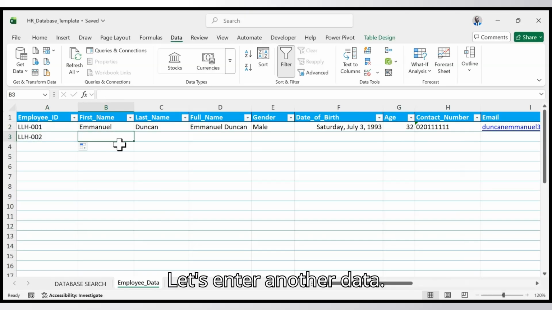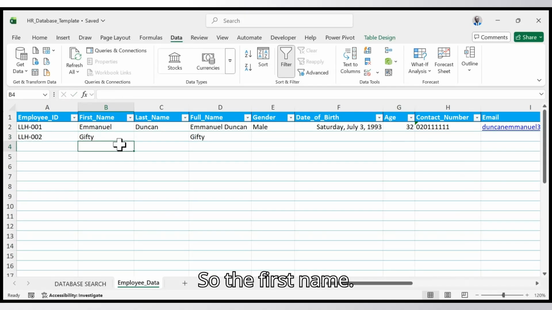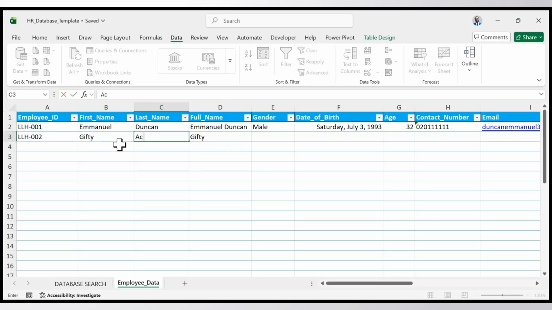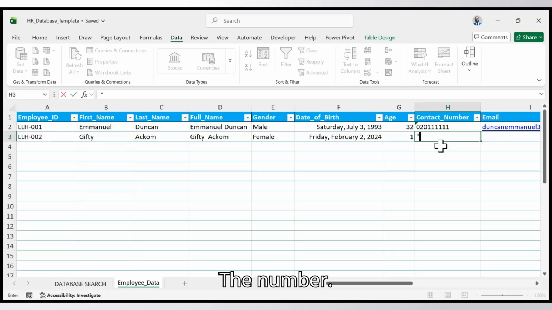Let's enter another data for, so the first name, the last name, the number,